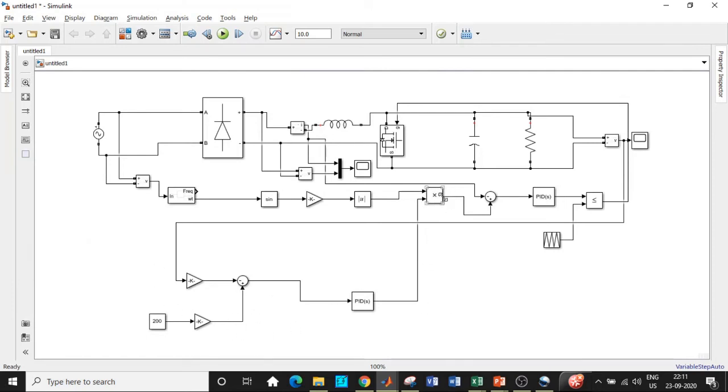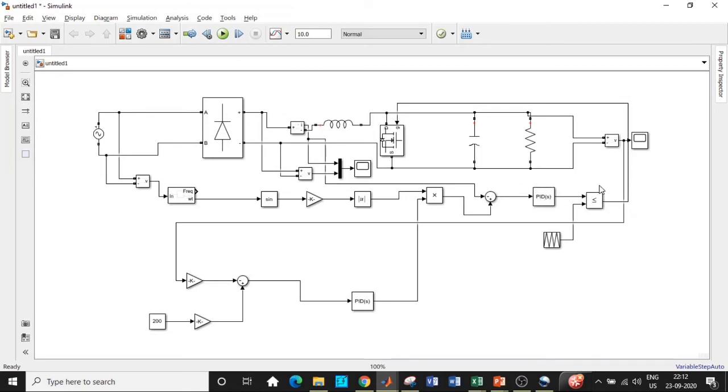Over here we are multiplying output voltage and supply voltage because we need to ensure that the voltage and current are in phase with respect to each other. So that is multiplied and compared with respect to current. The amount of deviation of voltage and current is sensed at this point, and it is given as an input to the PID controller. The PID controller will consequently reduce the amount of error that it has,